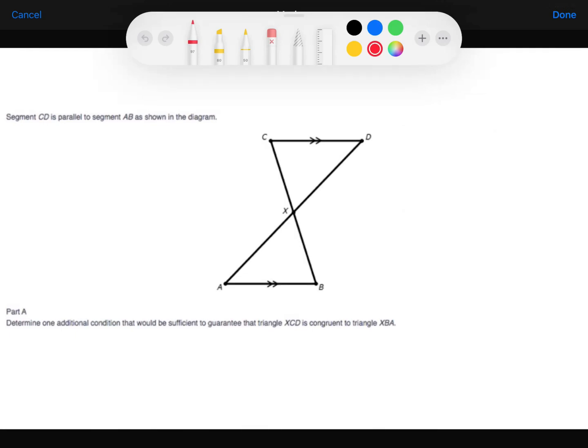Welcome, guys. Let's go through an example and see if we can find what is missing to prove that these triangles are indeed congruent. So it says that segment CD is parallel to segment AB as shown in the diagram. And it says to determine one additional condition that would be sufficient to guarantee that these triangles would be congruent to each other. Now let's remember a lesson we learned a long while back, and it is that if we